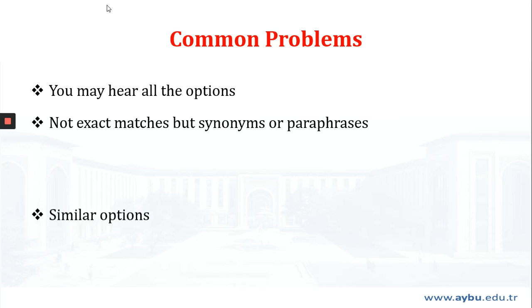And the third common problem is that the 4 choices often look similar in meaning, and it may be difficult for you to tell the difference. For this one, you should look for the keywords in the different options that allow you to tell the difference